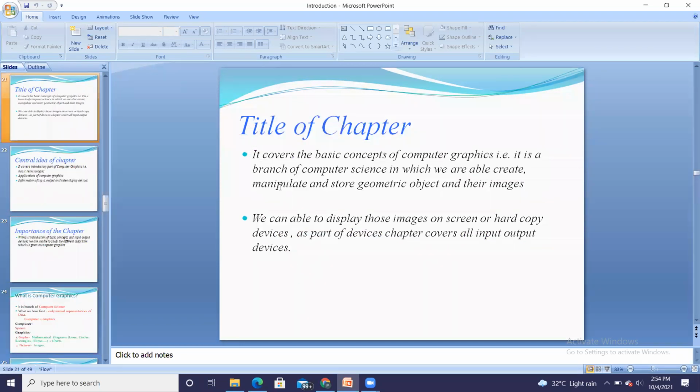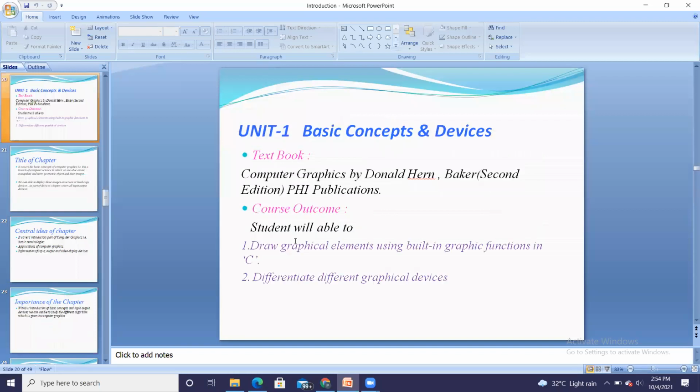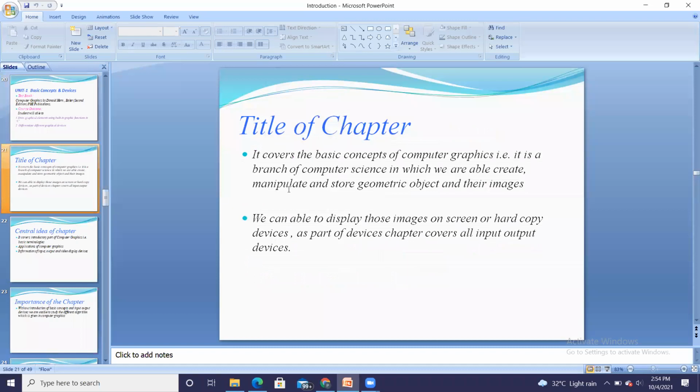Now about the title of the chapter. The chapter is Basic Concepts and Devices. Here it covers the basic concept of computer graphics. That is, it is a branch of computer science in which we are able to create, manipulate, and store the object and its image. We can also display those images on screen or on hard copy devices.